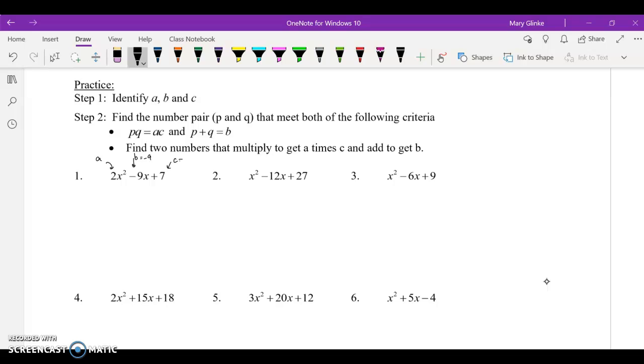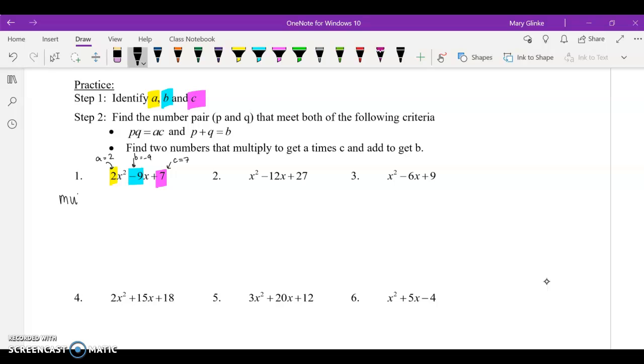And so for this one, A is 2, B is -9, and C is 7, because the A is in front of the x squared, then goes the B, then goes the C in standard form. So we are going to be looking for number pairs